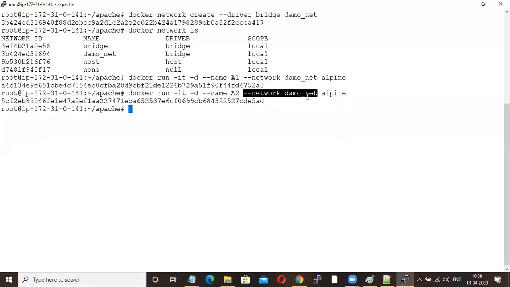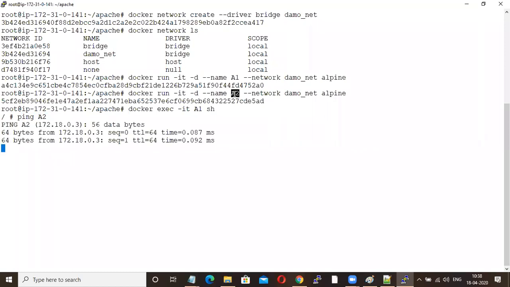So now see docker exec -it container name sh. I don't know the IP address of this container, right? A2 container. Now ping A2. These two will still communicate.